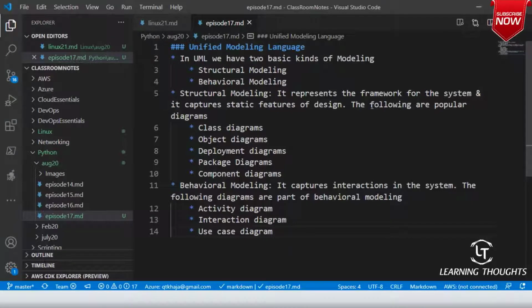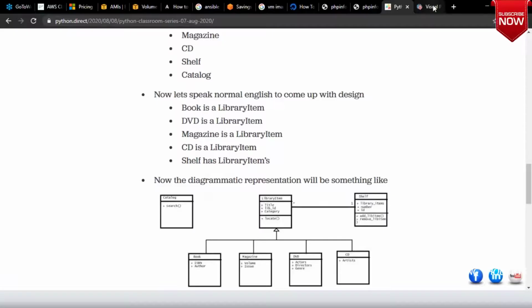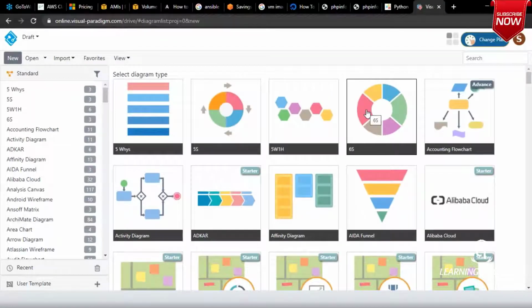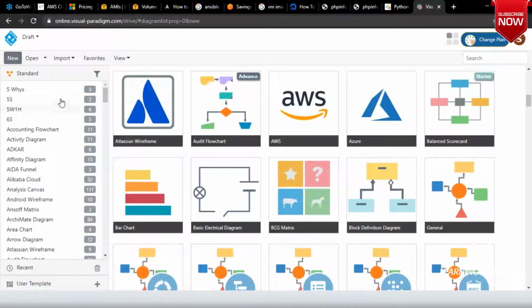Now let us try to understand the basic notations of UML. The first notation which I want to speak about is class notation. For that, as I said in the last class itself, I want you to create this in Visual Paradigm.